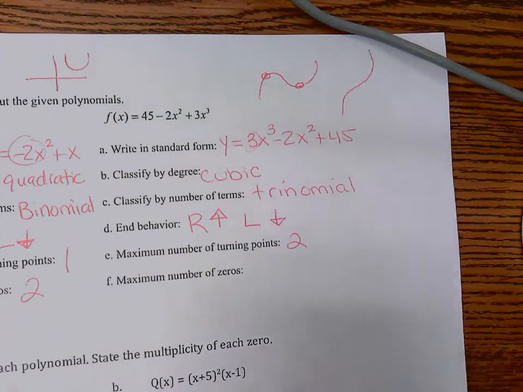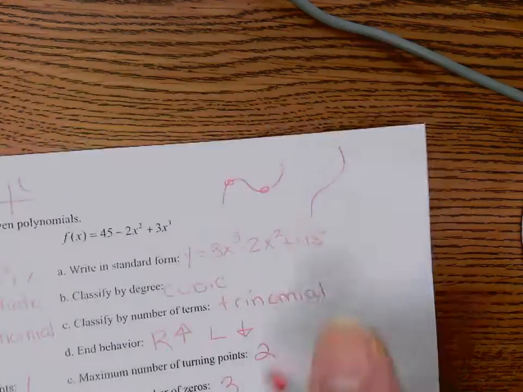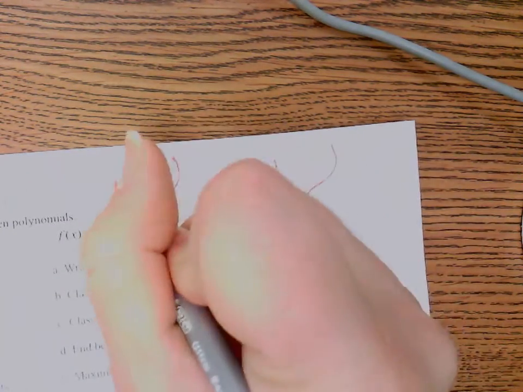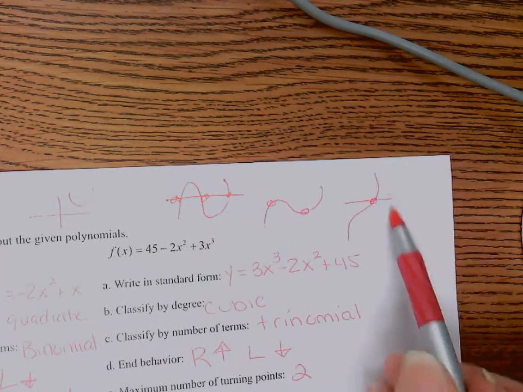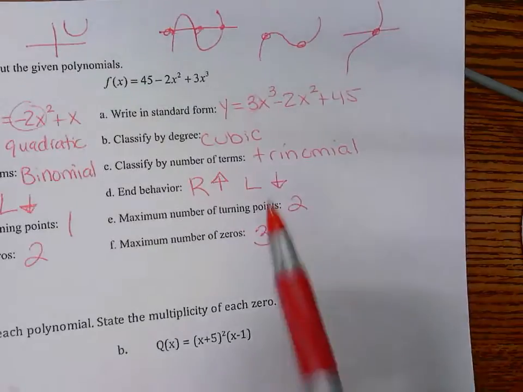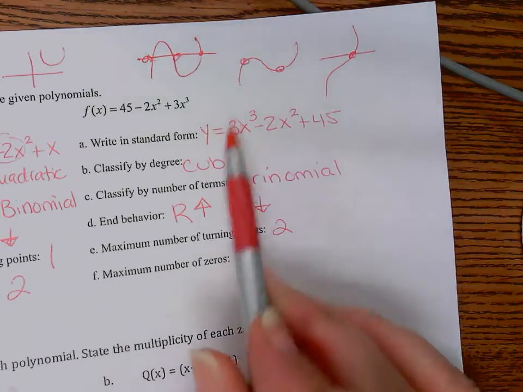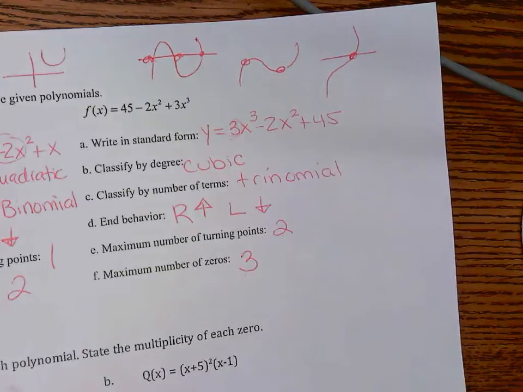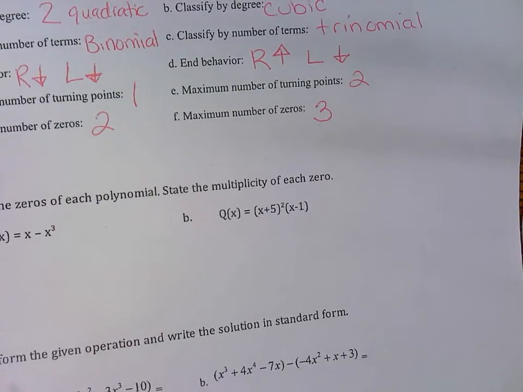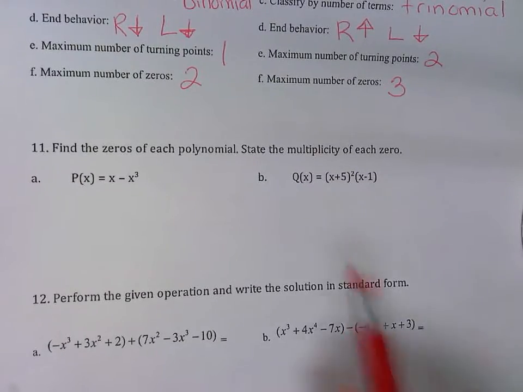And it could again have 3 zeros. So if the function looks like this, it could intersect the x-axis 3 times, but some cubic functions only intersect the x-axis once. So the maximum will match the degree, and the turning points will be 1 less than the degree. Finding zeros. I'm going to start with part B because it's already in factored form, so I can explain